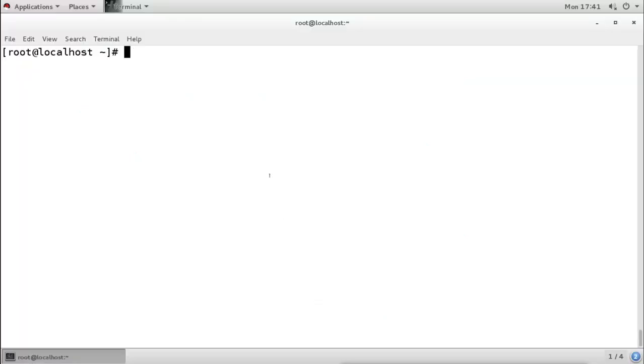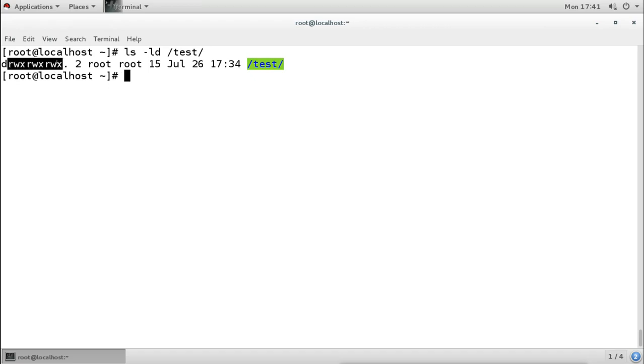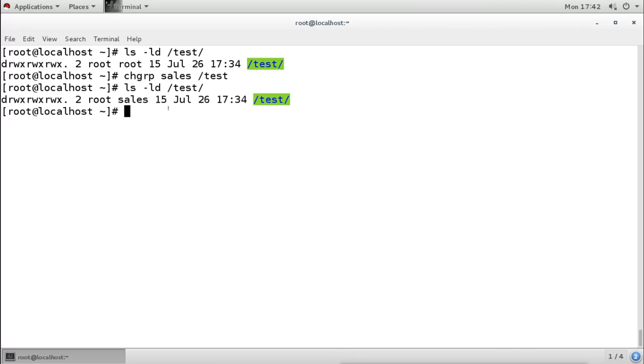Okay, so for example, again we have the same directory. Let's see the test directory. Now we see this has permission for all. The owner user is root and the group owner is also root. Now we should not add normal users into the root user's primary group. So we should change the group membership using chgrp to sales for this directory, so that whenever we want to give any user permission on these files or inside the directory, we can add them into this particular group, not into the root group.